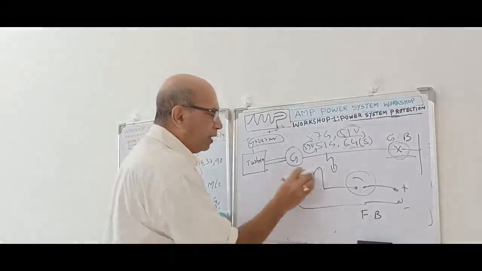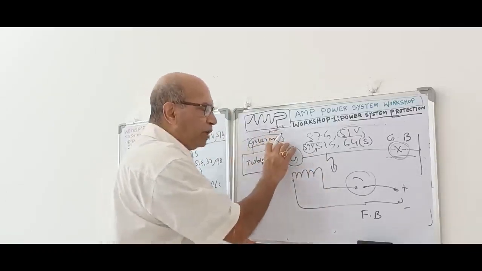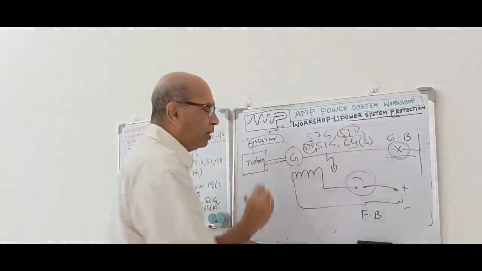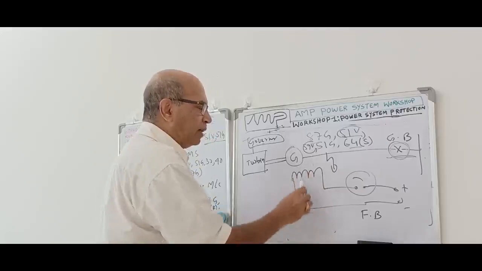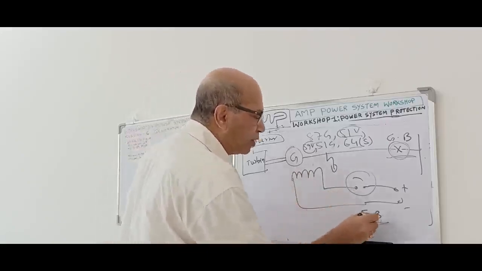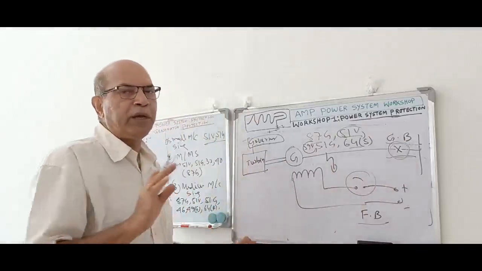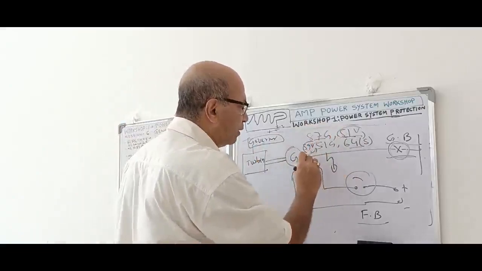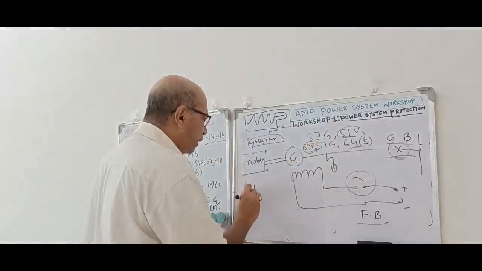The rotor supply excitation is to be disconnected and the mechanical power input is to be disconnected, then only the output is also disconnected. In case of generator internal fault, we have to do this: the power which is coming from the excitation has to be disconnected. So the field breaker will be tripped, the generator breaker will be tripped, and the turbine governor or fuel valve will be closed. So in case of this type of faults, 87G, 51B, 59S, 64S, what will happen? All these three devices, the turbine to be tripped,